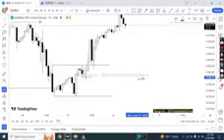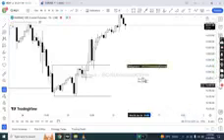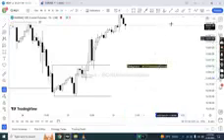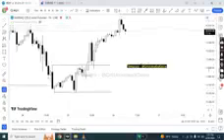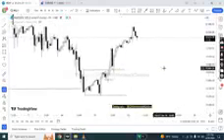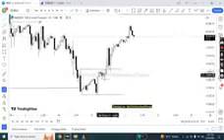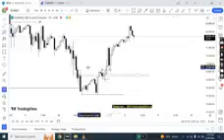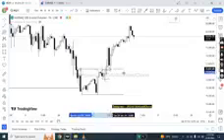I'm going to discuss this in the later chapters as well. But what you need to know and note down is that if you are using the 1 hour to find your CRT, then you'd have to trade that CRT on the 5-minute, right? Similarly, if you are finding CRTs on the 4 hour, then you're going to trade those CRTs on the 5-minute. That's what we call time frame alignment, right? Now,